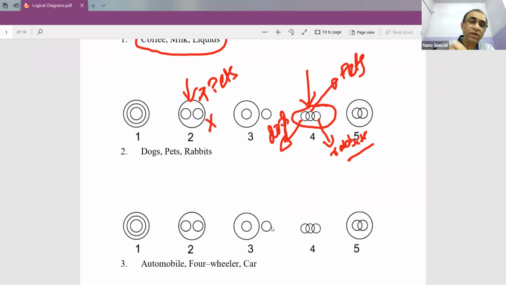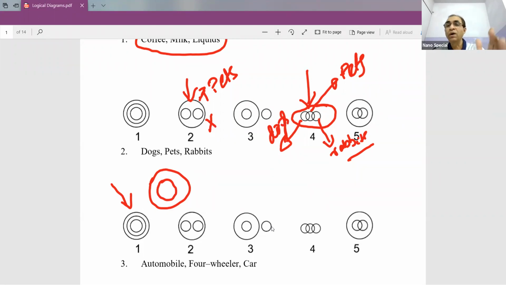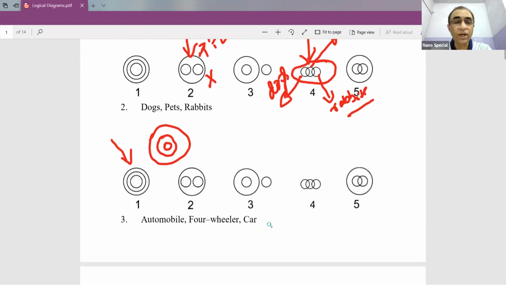All right. So if you take automobiles as the outer circle, part of it will be four-wheelers. Not all automobiles need be four-wheelers. It could be three-wheelers, it could be four-wheelers, it could be n-wheelers. Some trucks are more than four-wheelers. All right. So all of them are automobiles. Then you have four-wheelers. And in four-wheelers also, a part of it is cars. Four-wheelers could be, for example, cars, jeeps, a whole lot of other things. Okay. So you have four-wheelers, and part of the four-wheelers are cars. So that is how you can represent it, and you've all got it right. That's a very good thing.